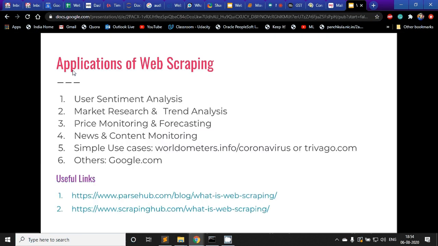from different sources, right? Similarly, one example is Trivago.com. What it does is it fetches data from all of the different hotel websites to display on its own website, and basically it's doing some price monitoring and showing you the list of all the prices available on different web sources. So they are scraping a lot of web data sources.